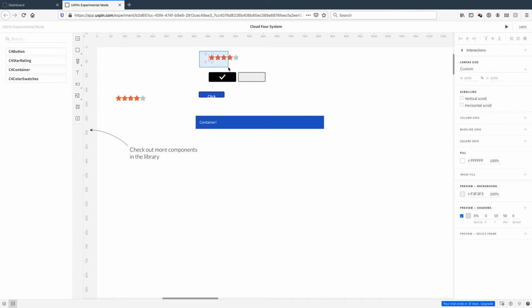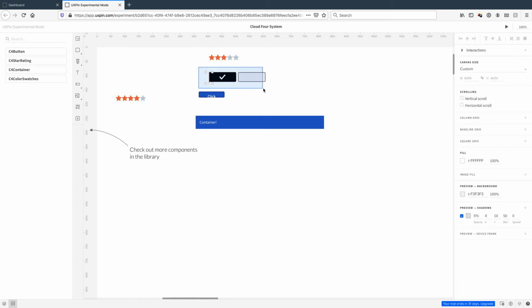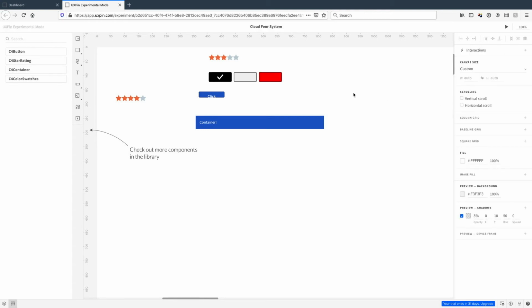And when I go to select the stars, for example, the box for the stars is actually tiny at first. It takes me a bit to resize it to be the correct size. But it does work the way that I expect. So if I change the rating, it goes down to 3 stars. Or if I select, for example, the color swatches, and again, the box is too small, but if I went in and added, say, I don't know, red, one too many zeros, it will actually work.